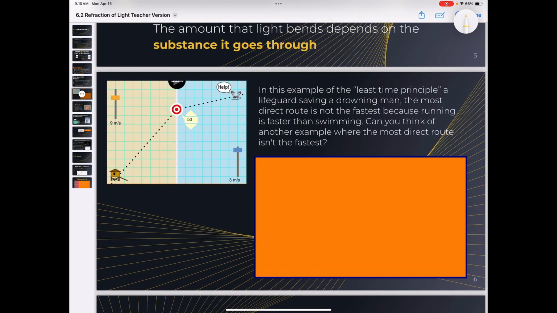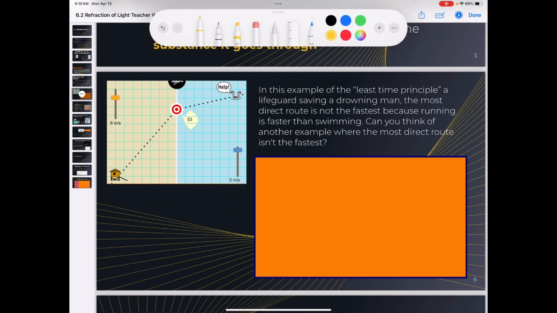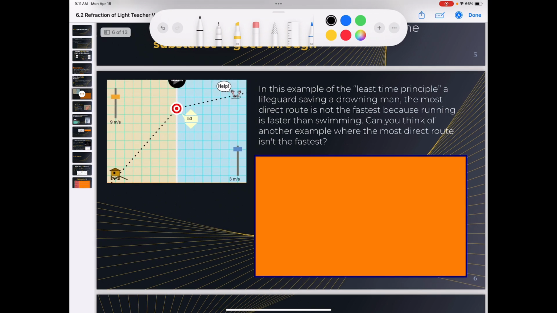Let's say over here on the left, we've got a lifeguard who's hanging out at the lifeguard station, and they see somebody drowning in the water. Now, if the lifeguard wants to save the drowning person in as effective a way as possible, it turns out in this situation, trying to go straight, all the way from the lifeguard station to the drowning person, is not the fastest route,